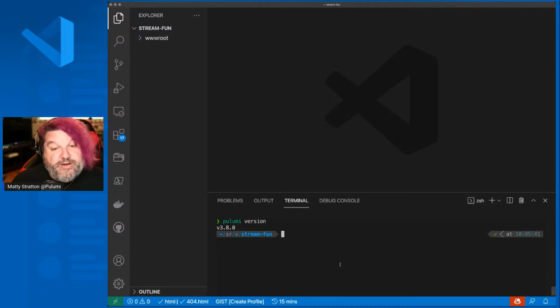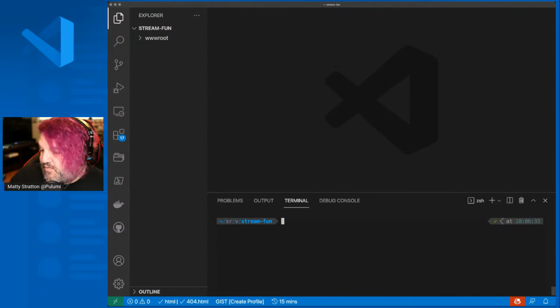And with Pulumi, there's various ways you can do that. You could store that in blob storage or an S3 bucket. We have a SaaS offering, which is free. We have an enterprise offering, but anybody can use it for free, and that's what I'll be using. If I say pulumi whoami, that just says I'm logged in as Matt Stratton. So that's enough about how these background things go. That said, let's get in and build something.